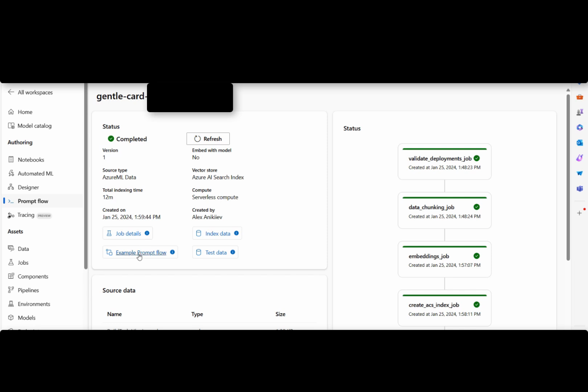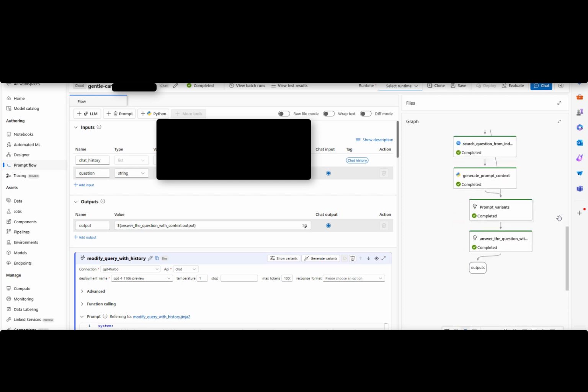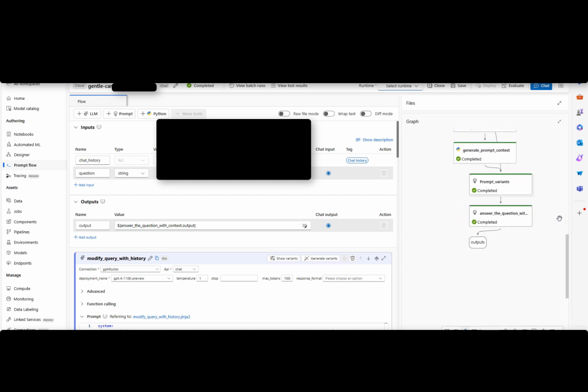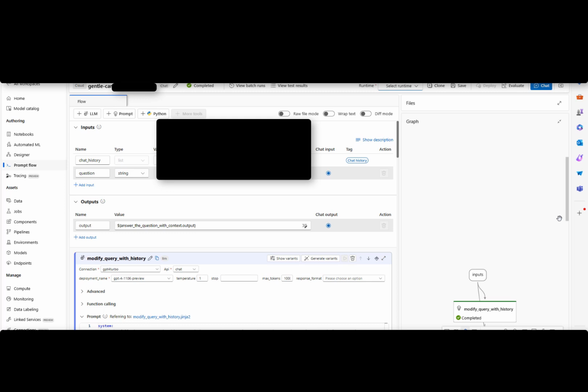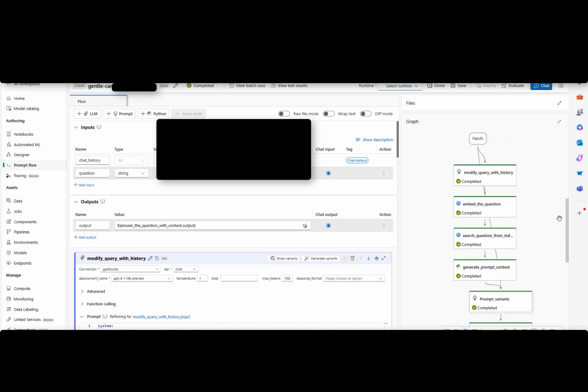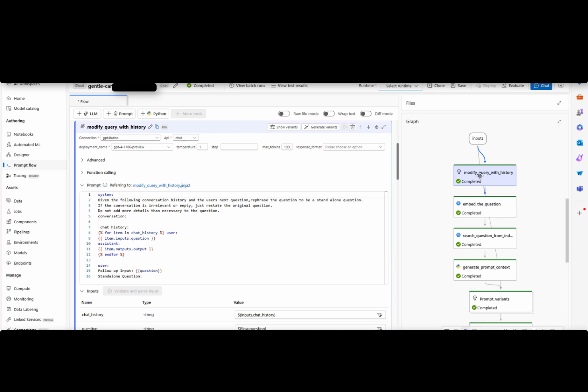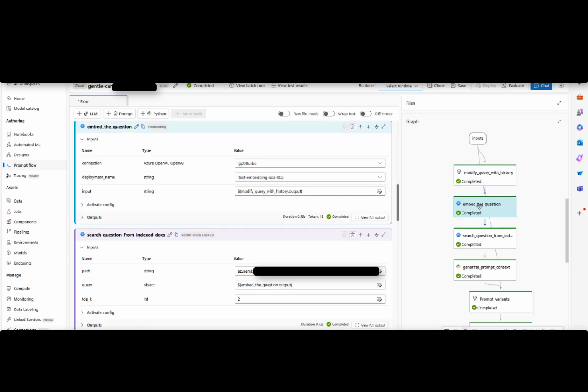And then you see this example prompt flow. If you choose to go with this, based on that vector index that you created, it gives you right away the fully functioning RAG pattern implemented as a separate prompt flow, which is pretty great. So then if you look at the components of it, this is, again, going from receiving arguments from your request,